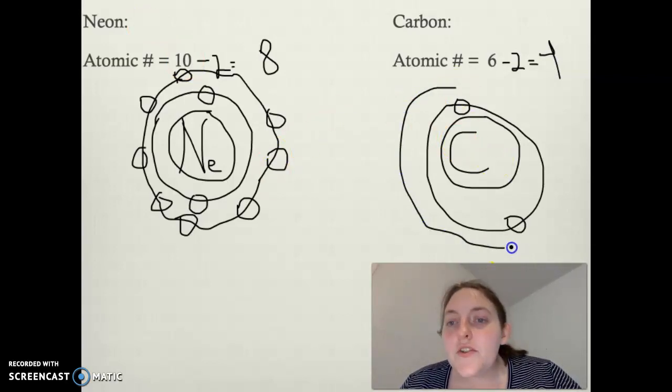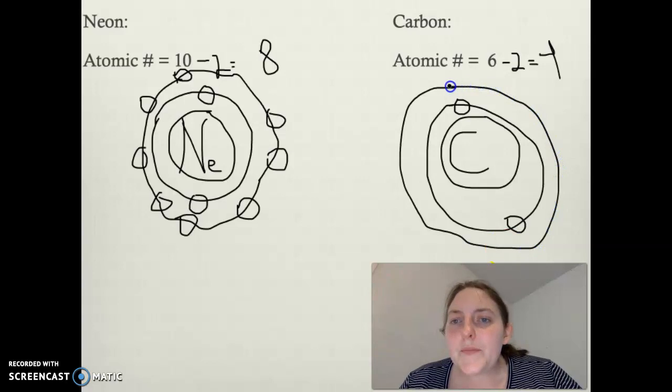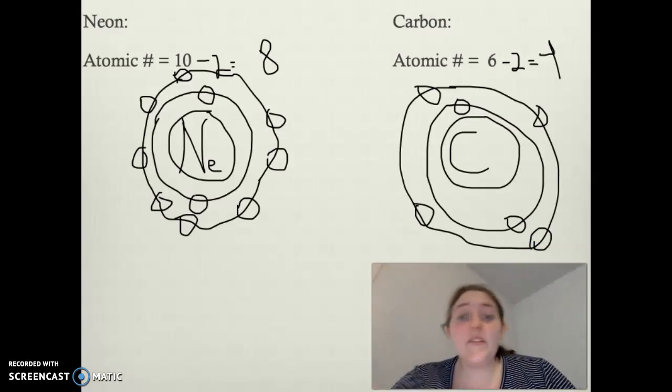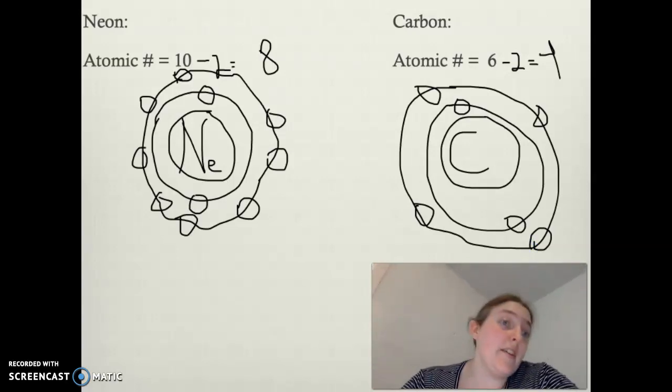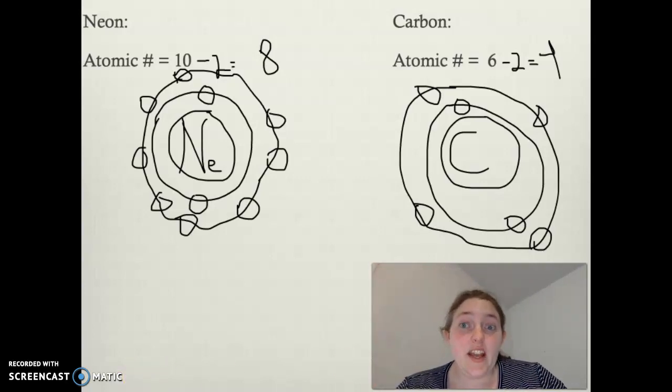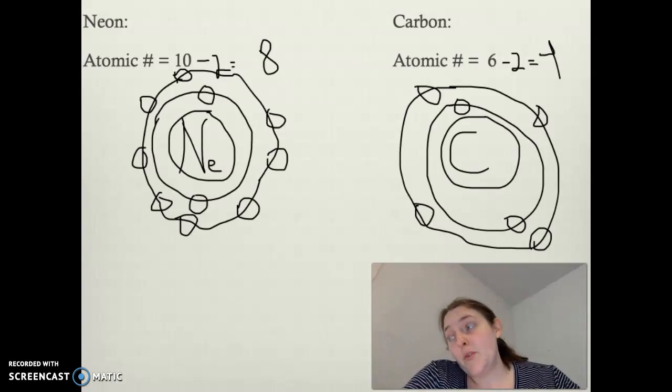So we have 1 more shell, and here's a problem here. 1, 2, 3, 4. It's not full. It's not even close to full. It's halfway filled. So carbon is one of those unique atoms because of its halfway filling of that final shell, where it's going to do everything it can. That outer shell. It's either going to get rid of the extra 4 or it's going to try and find